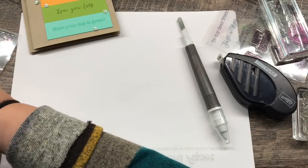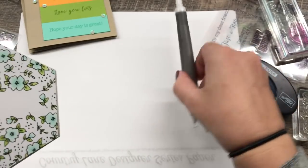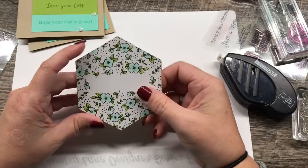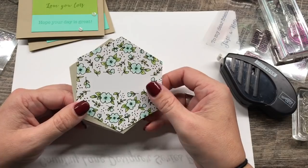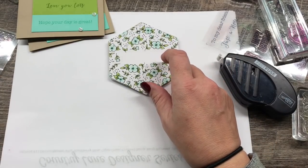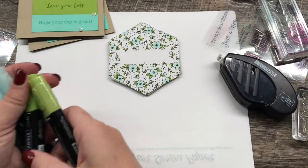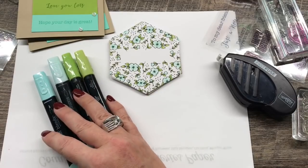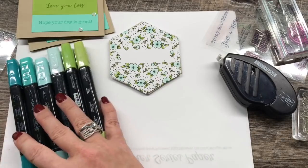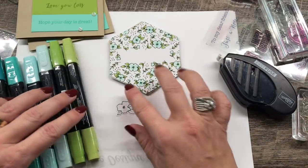First of all, I went ahead and colored this with my Stampin' Blends. Now it comes with watercolor pencils, but I didn't want the colors that it had on there. I wanted to kind of go outside the box, so to speak. Okay, so I colored this with my Pool Party and, let's see, I have Granny Apple Green, Pool Party, and then the Bermuda Bay combos. So I'm going to take and color one of these little punch out pieces that goes with this card,